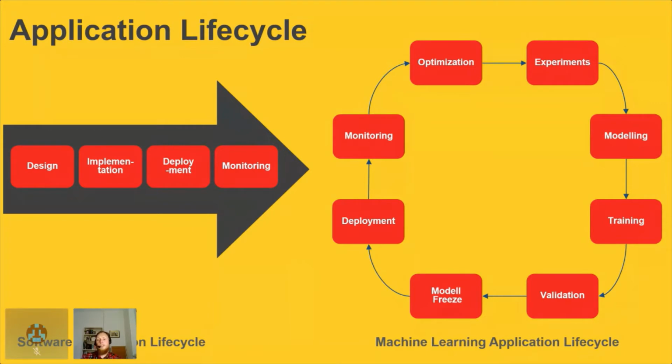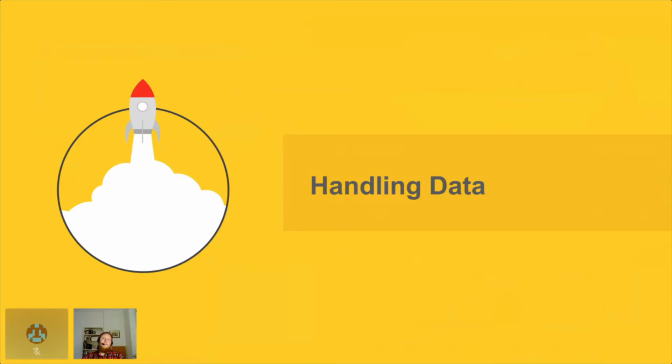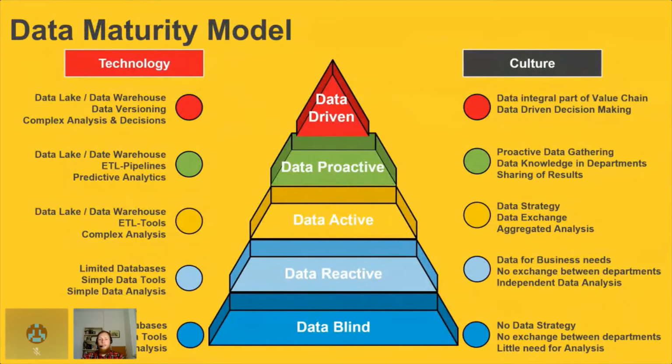So basically we have the optimization again and the experiments and so on and so forth. And as you can see, there are quite some different steps from this classical software application that make it more challenging to scale machine learning models. What's more is the topic of data. Not only the application itself, but also the data that is fed to an application is extremely important. And to quantify or assess how organization teams deal with data, there is the data maturity level.